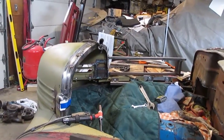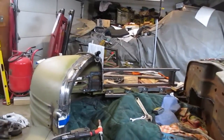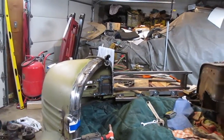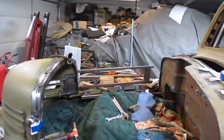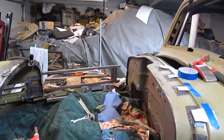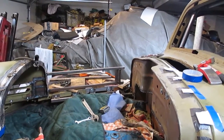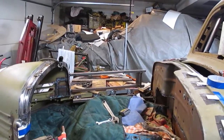So on the '46 Dodge, I'm working on these supports for the hood, and I'm connecting them onto the nose, and I'm going to put maybe a couple little braces down in there and something on the end over there by the firewall to connect those two together. And then I have to do the same thing over on this side